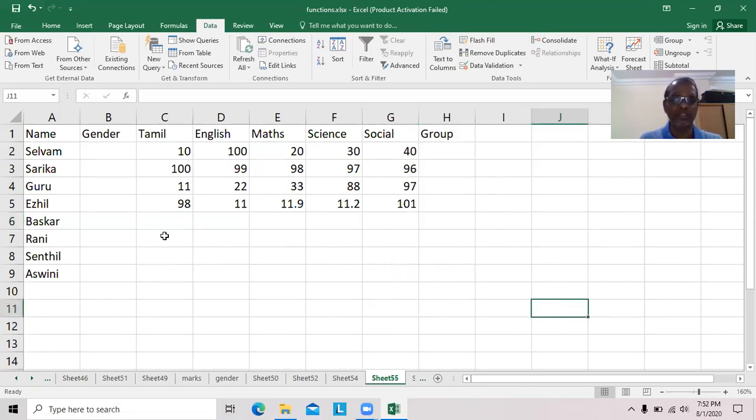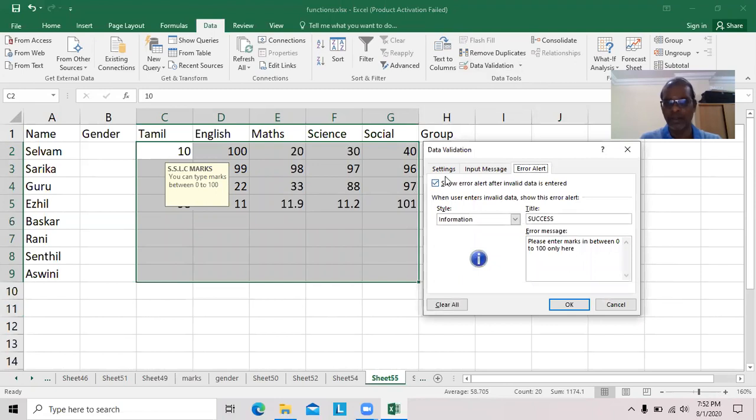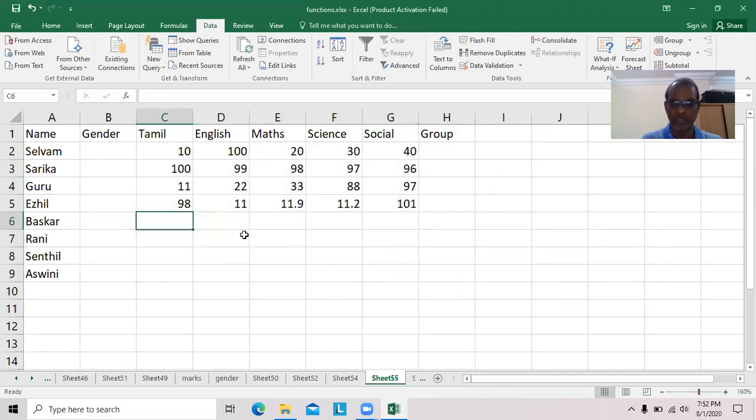So I don't want this concept here. Everything should be removed. Whatever value I want, it may be either correct or not, and this does not bother about it. So it should be cleared out. Clear here. Go to settings. Click here. Clear all. Simply, any value will be allowed. Now there is no need to worry about whatever value you want to type. You can type either correct or wrong, and it will accept.